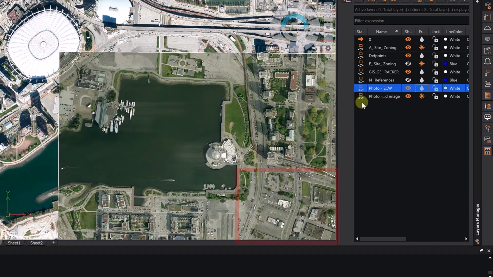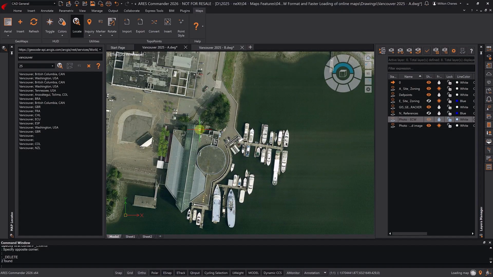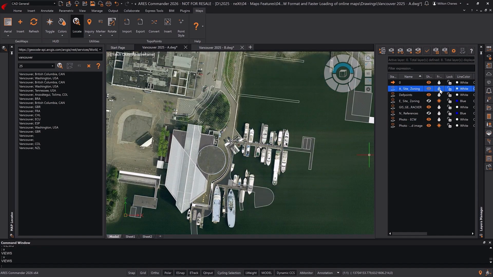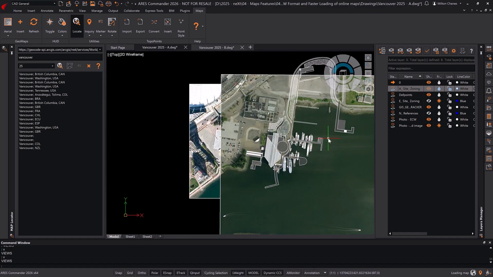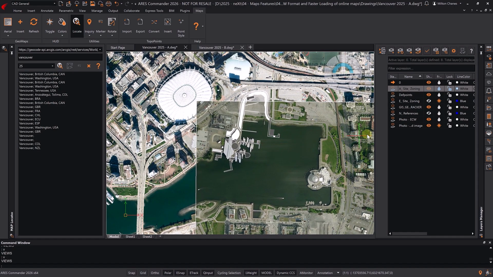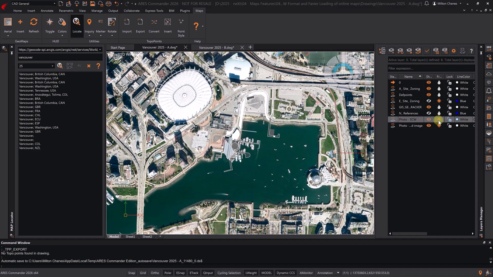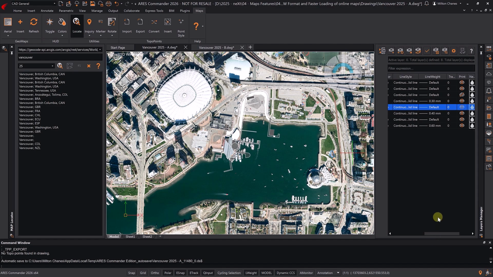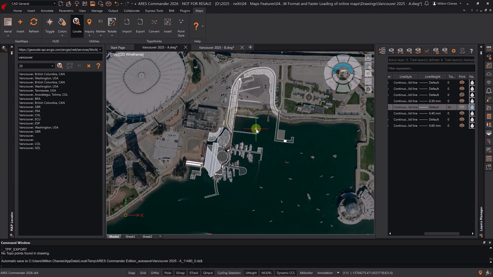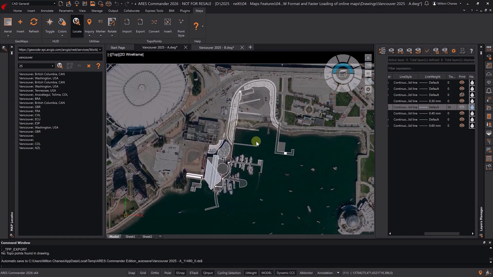Now, let's focus our attention on a specific area of the photo, where we'll imagine we've been hired to redesign and revitalize the building and its dock to accommodate more recreational boats. Drawing over the map is incredibly straightforward, especially with the ability to adjust layer transparency. That said, in any real-world project, specific points must be accurately verified by a surveyor on site.